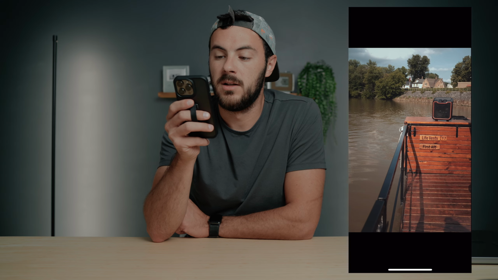At the same time, I don't know if I personally see too much difference from my normal edit that I typically have. And that could just be that I'm not fully understanding Dehancer as much as someone who really works with film would. But for me, again, what I'm trying to judge here is, is this an easy and fun tool for an everyday user who maybe doesn't know everything about film, but wants their photos to have a little bit of a film-like look? I think that you can definitely get your photos to have a film-like look through the software, but I